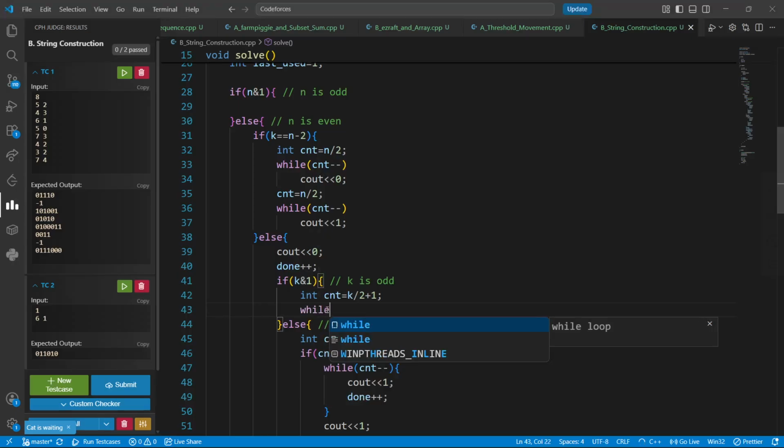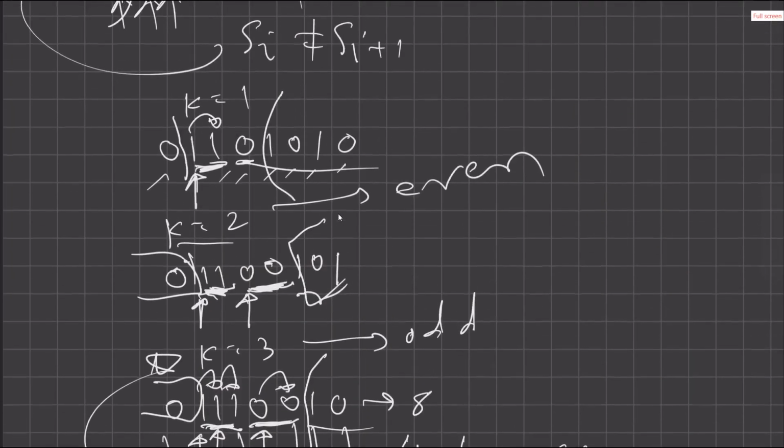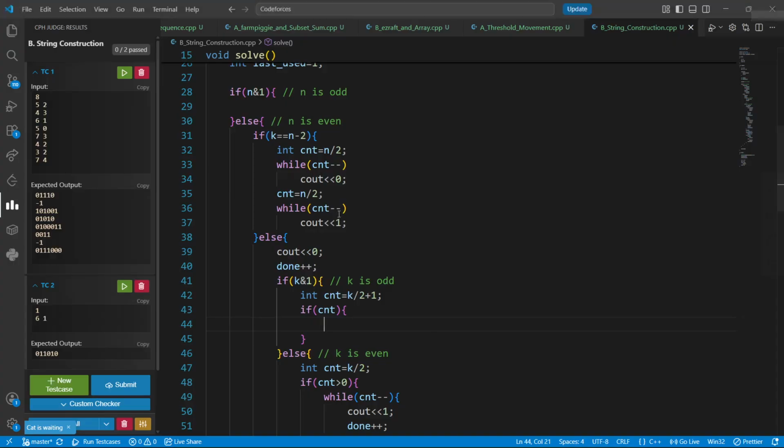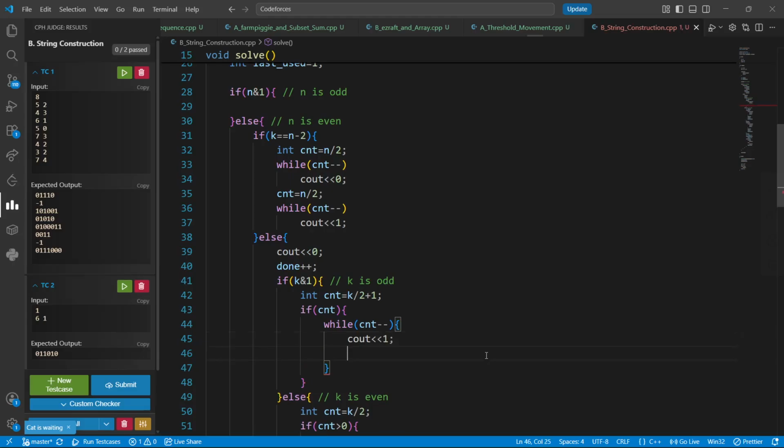Okay, yeah. Again we need to check here if count, because in case of k being 1, you need to just print this thing, and here this one will not be printing, and the last used variable will take care of all the things. While count minus minus, we need to print 1, and your done will be like yeah,